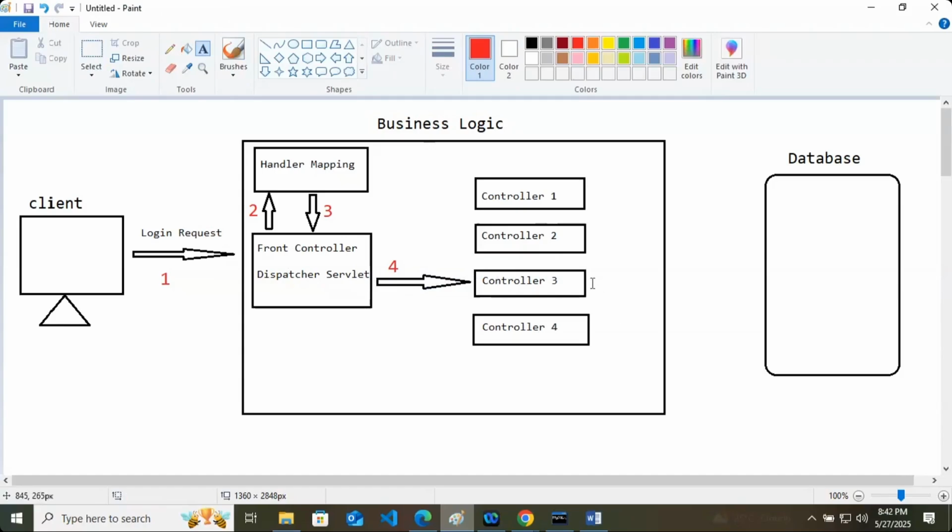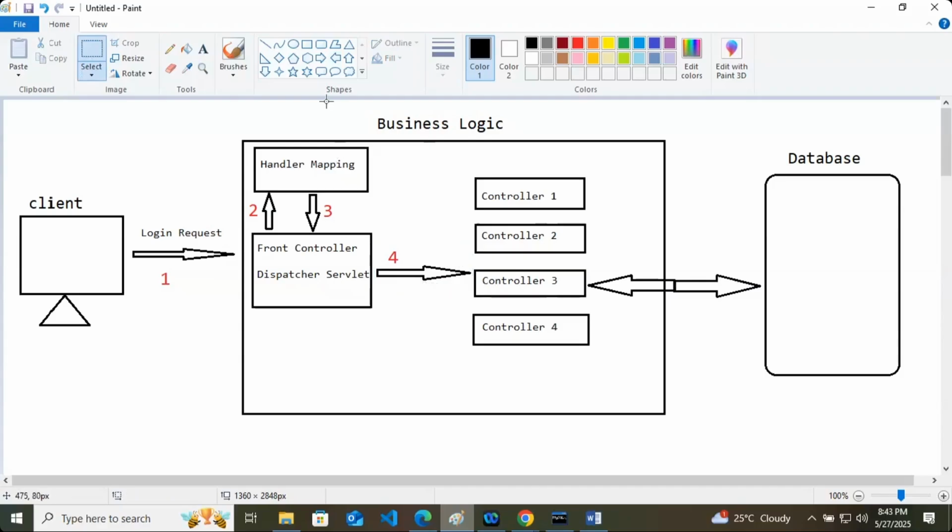Then controller 3 will do the database operation, if it requires, and all those things it will do. Controller 3, the third controller, will take the data from the database if it is required.